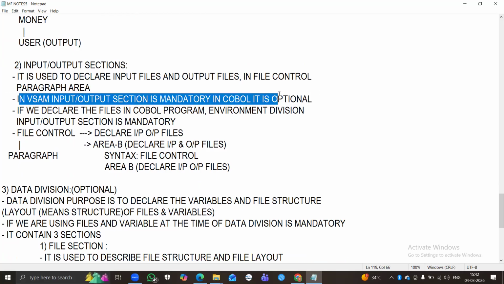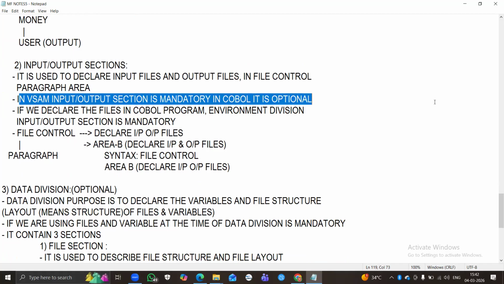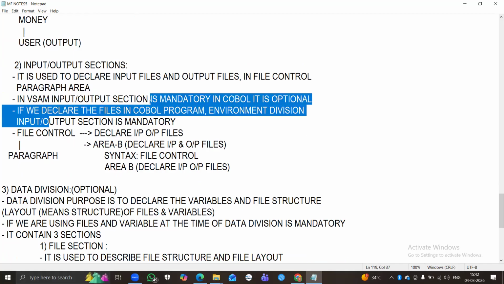So if you are learning in Visual files, it is mandatory, but in COBOL it is optional. So if we declare the files in a COBOL program environment division, input output section is mandatory. Okay,